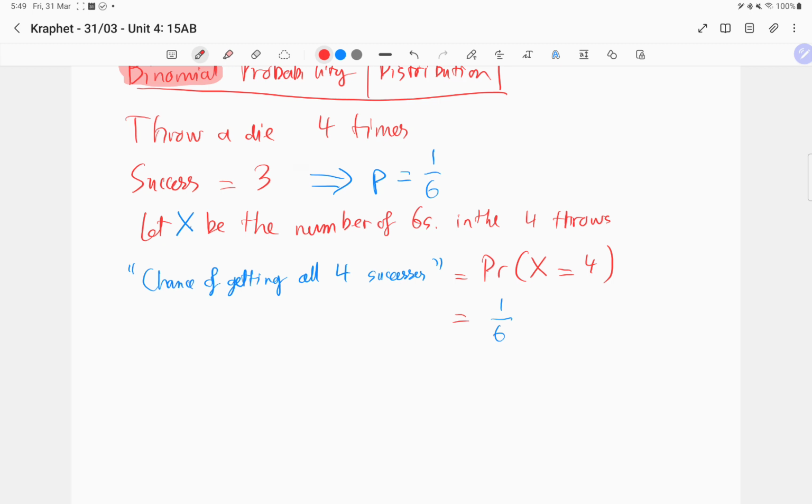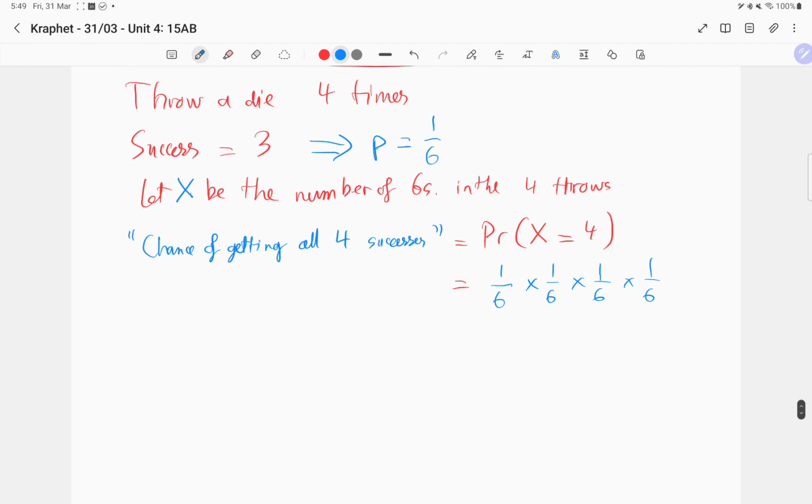That's the best case scenario. But what's the chance of that happening? So 1 over 6. And then the second throw is also a 3. And the chance of that happening is 1 over 6. And you have to multiply because you're saying they happen at the same time. You see, it's relevant to that tree you're doing at school. Yeah, so they're doing a recap to lead to this topic. And then the third time is also 1 over 6. And the fourth time is again 1 over 6. Right? So the chance of getting all 4 successes is 1 over 6 to the power 4. We use a calculator for this one. You almost always need to use a calculator for these questions. Okay, so 1 over 6 to the power 4 is